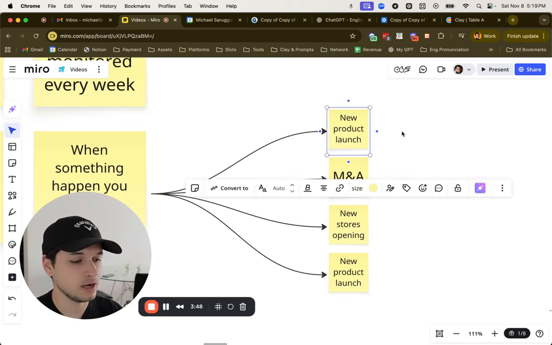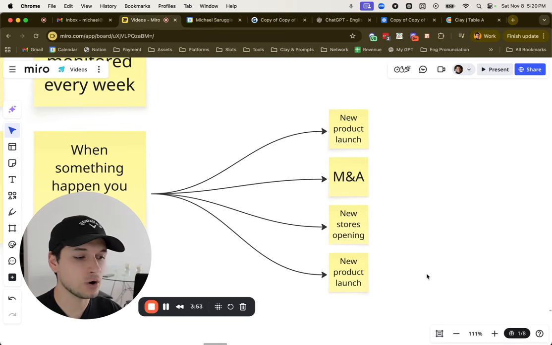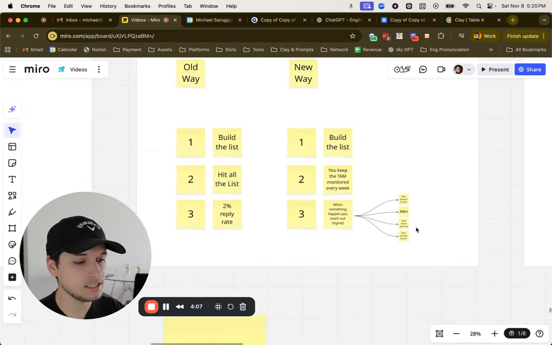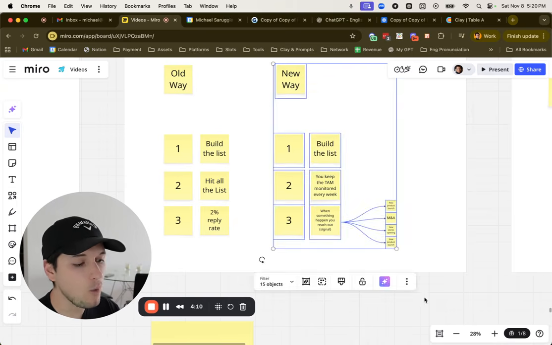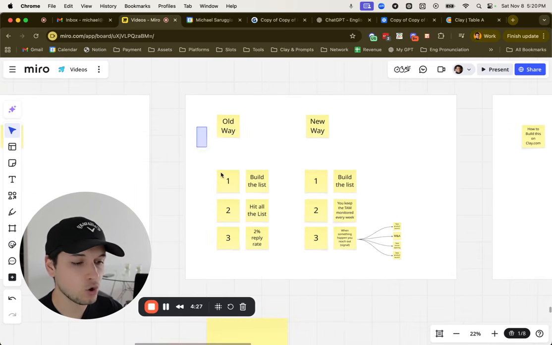For example, a new product launch, an M&A, a new store opening, whatever. I can sell growth when there's a new product launch. Why? Because they need to sell that product, right? Or they have an M&A and have to prove that the M&A actually made sense, etc. So let's see how to build this new way of doing outreach on Clay.com, how to put it on autopilot, why it's so powerful in many situations, what the limitations are, and why I think it's probably the best lead generation strategy in 2025, especially in a world that is full of cold messages.